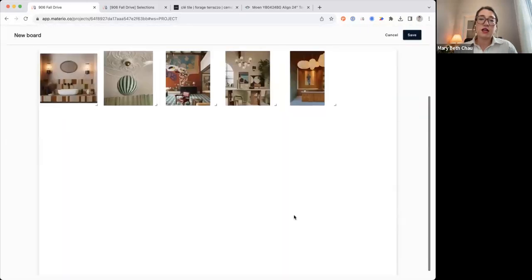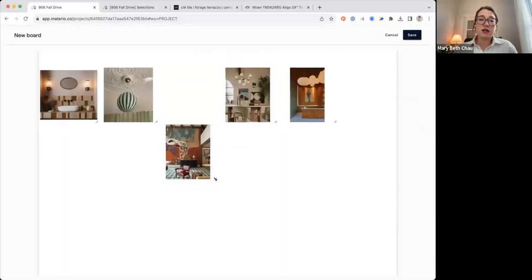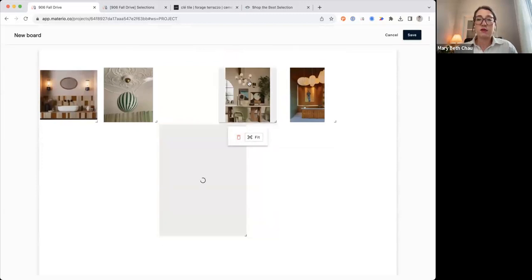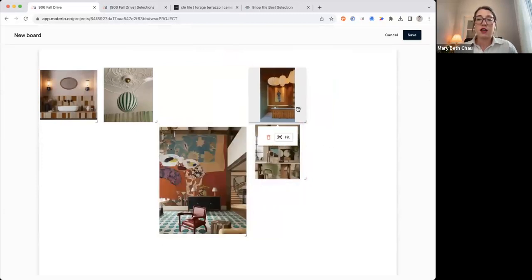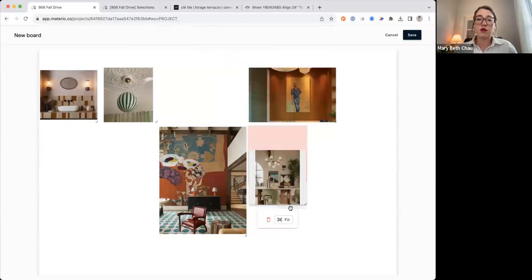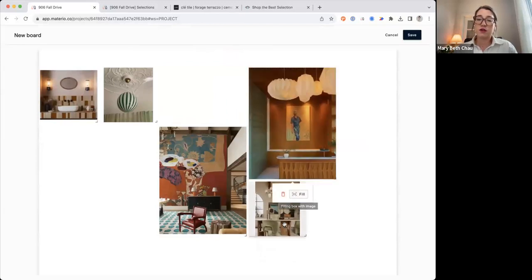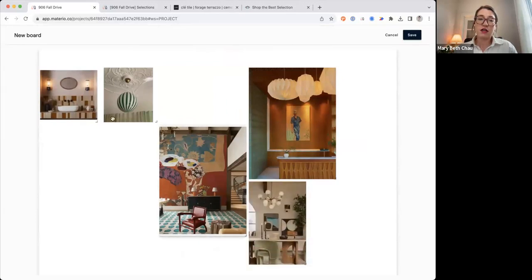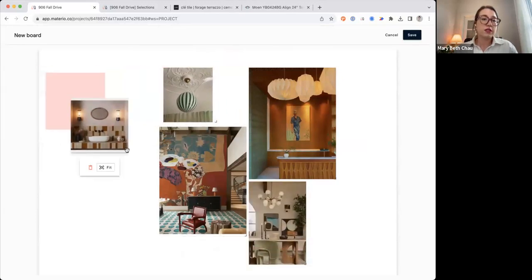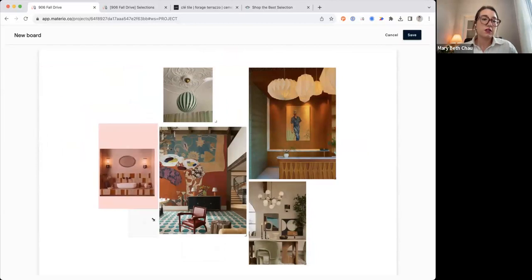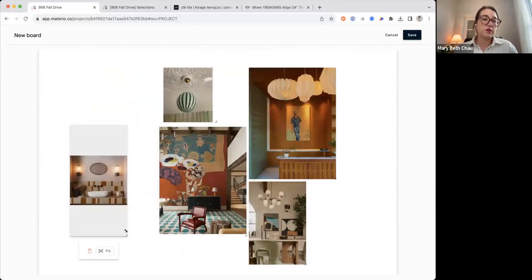pull in the images. And this is where you might want to say, okay, this is going to be the central image that I want to showcase. Maybe this one, I want to feature more. Let's pull this one down. And this is where the editability is in a little bit of early access right now. But you can pull these in and arrange them as you want to and